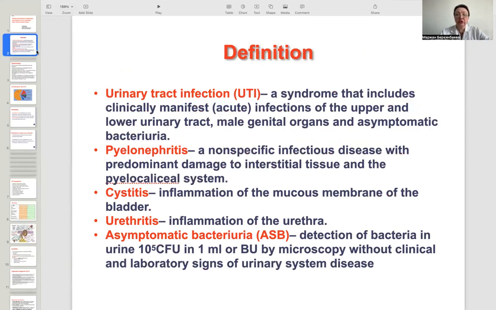Definition: urinary tract infection is a syndrome that includes clinically manifest acute infections of the upper and lower urinary tract, male genital organs, and asymptomatic bacteriuria. Next, pyelonephritis is a non-specific infectious disease with predominant damage to interstitial tissue in the pelvicalyceal system. Cystitis is inflammation of the mucosal membrane of the bladder,